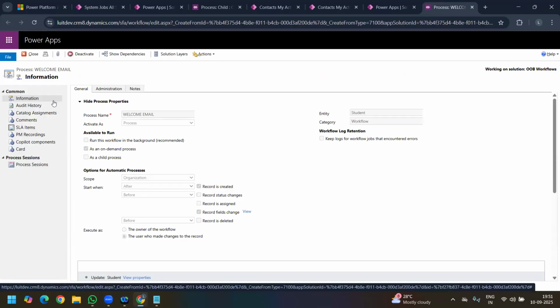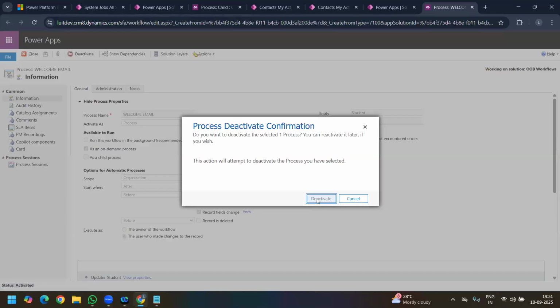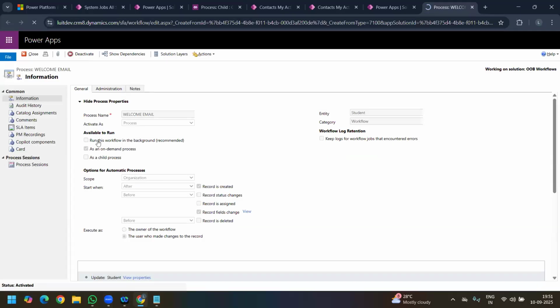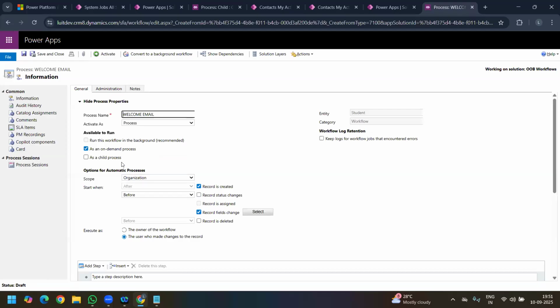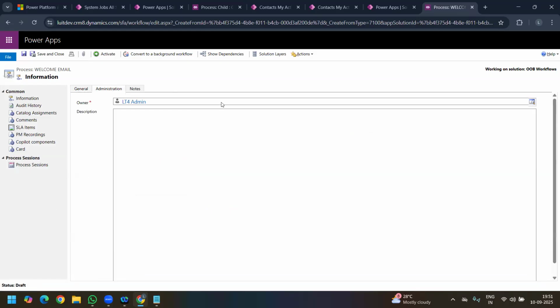Okay. Now if you see, I just created a process. In the general tab, you have all the info about the process. What is the name? What is the entity? When will it trigger? What kind of operation is it, sync or async? Everything. You also have an administration tab. Now, this is the account on which this process is running. So right now, whenever